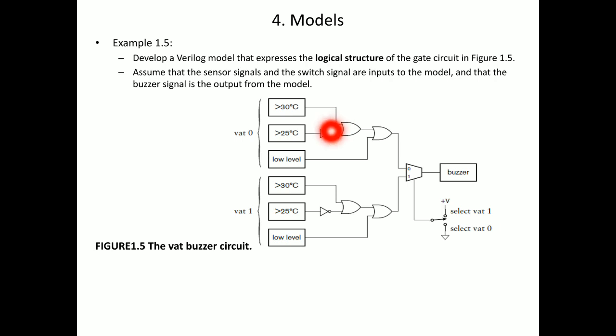Apart from that, we have intermediary lines also. There is a NOT gate output, an OR gate output, another OR gate output, and the MUX output. We need to name all of these. Since they're asking for logical structure, we need to give names for the NOT gate output, OR gate output, OR gate output, and MUX output. Here also, the NOT gate output and the OR gate outputs need names. Before writing the Verilog code, we shall list out the inputs and outputs, and also these intermediary lines. Before that, we'll try to name these intermediary lines.